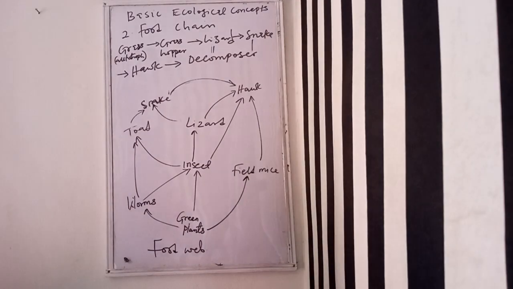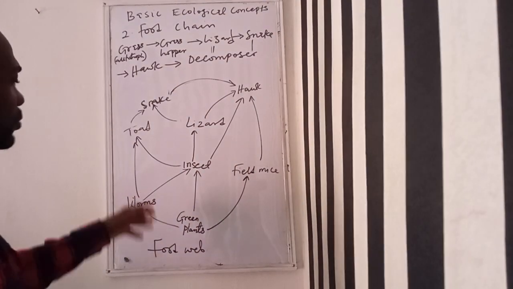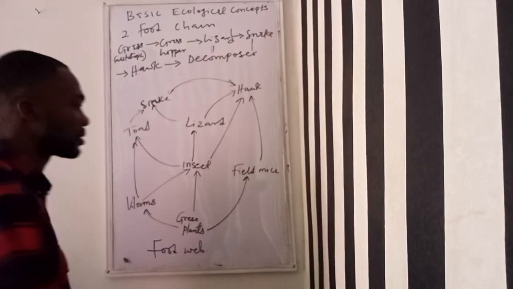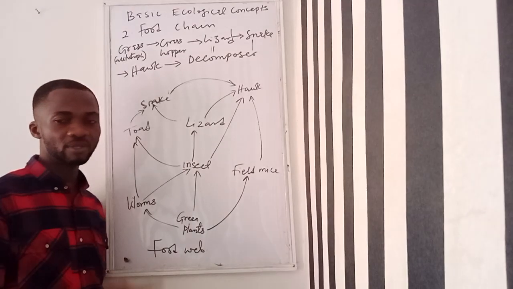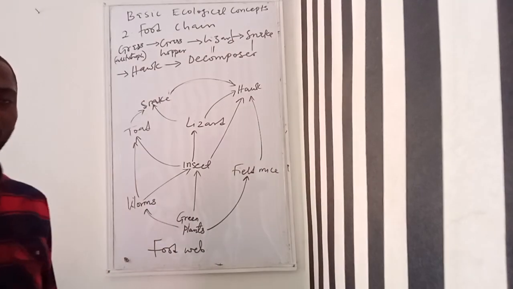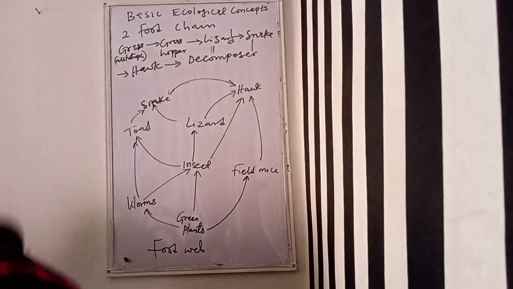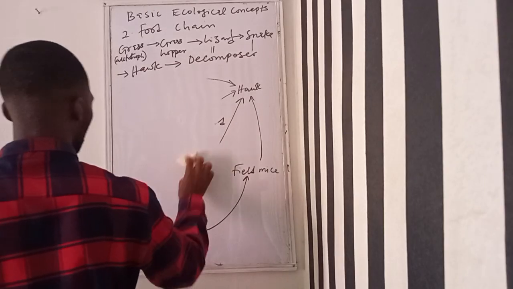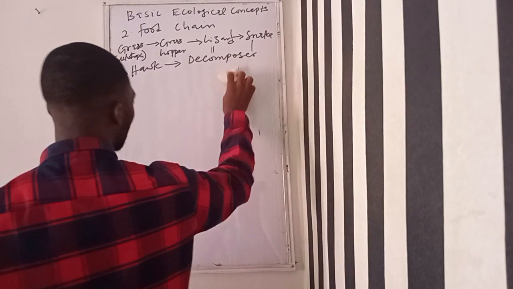But then you have to understand that this kind of food chain is a terrestrial food chain. Of course, there is no aquatic organism here. All these things occur on land. So this is an example of a terrestrial food chain. We still have aquatic food chain. So let me draw this to explain the aquatic food chain. But then it's basically the same thing. The only difference is that